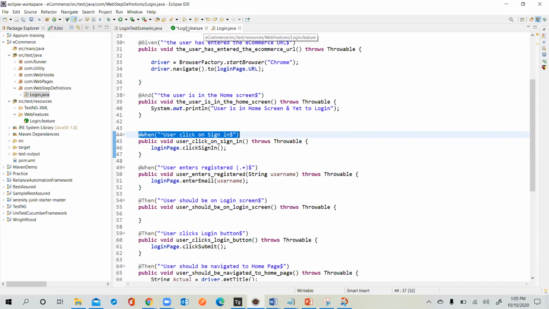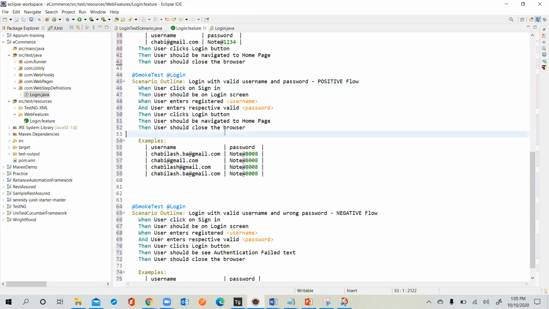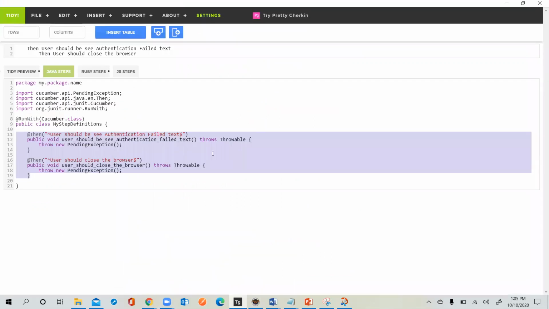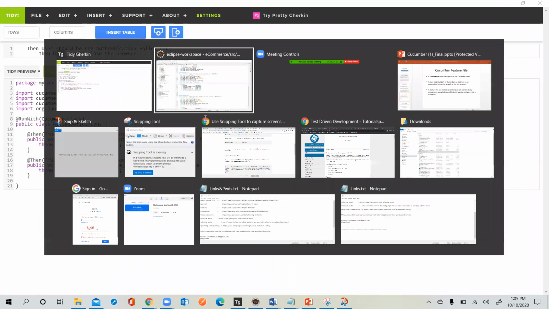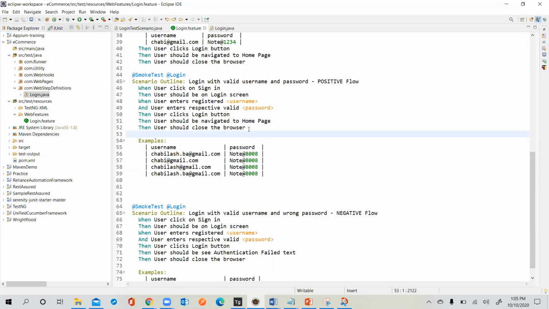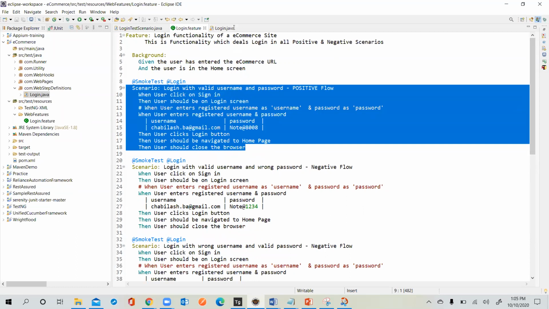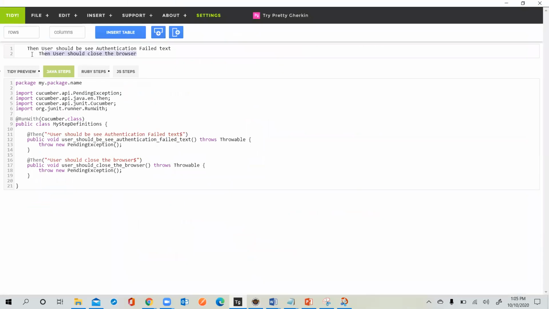Yes. Actually, the beauty of this one is that we don't need to... okay, I'll show it to you practically. I will come to the login feature. Save this. Go to Chrome. What is that plugin? Tidy Gherkin. Open Google Chrome. Oh, you have that one. Excellent. Just Control A. We can show the people all scenarios, right? That's fair. Yeah. Let's take one scenario. Okay, as you said.